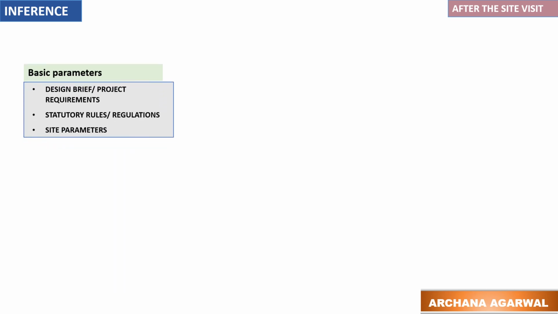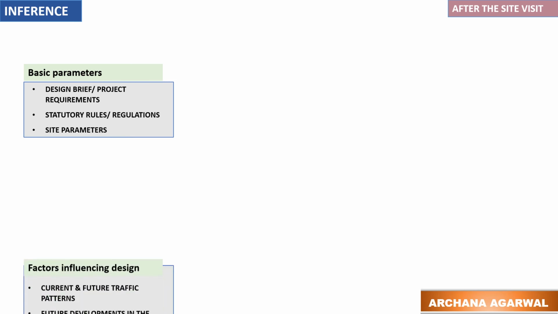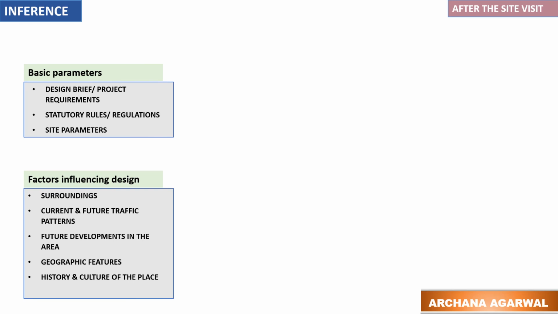For designing a project, an architect requires three basic things. First, the design brief from the client or the owner. Second, applicable statutory rules and regulations. And third, the site parameters. As explained in this video series, the information collected from the internet and from the site visit influences the design. And this information includes